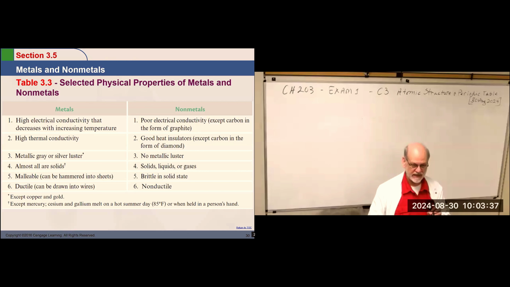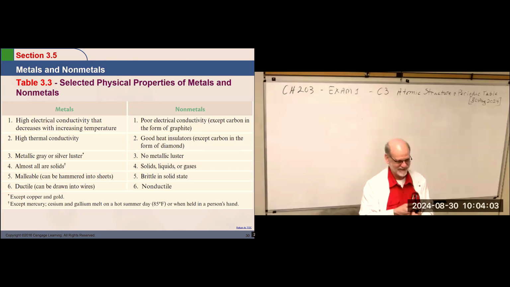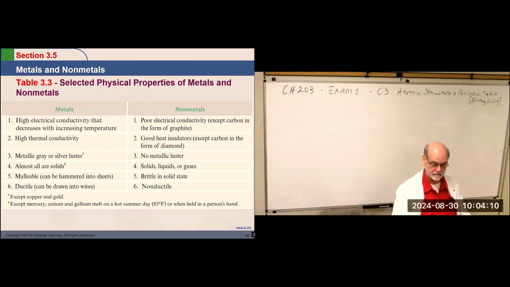They're good heat insulators, right? The best insulator for carbon is diamond, right? It doesn't transfer heat easily. In fact, that's how gemologists determine if you've got a real diamond in your ring. They take this device and they touch it to the diamond, and it registers how much heat is transferred from the device to the diamond. And if it's very high, they know it's not a diamond. If it's very low, then they have a scale, and it tells them this is a diamond.